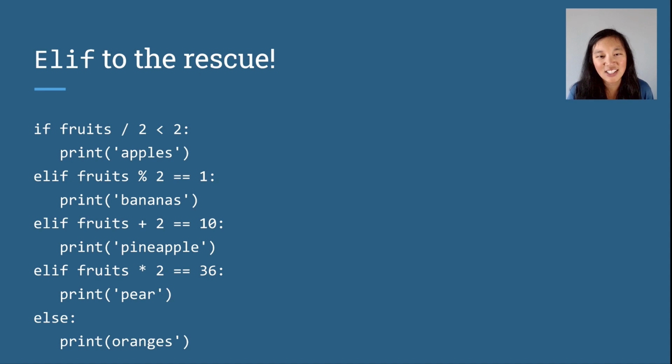Let's see yet another example. So let's say this time fruits is 10. We're going to again do if fruits divided by 2 is less than 2. This is going to be 10 divided by 2, which is 5. 5 is less than 2. This is going to be false. So we're not going to execute the code inside of this if statement. It's going to do the elif, so it's going to check if fruits mod 2 equals 1. 10 mod 2 means 10 divided by 2, remainder what? 10 divided by 2 is 5, no remainder. The remainder does not equal 1, so this is false, and it's not going to do the code inside of this elif statement. It's going to do the next elif statement,